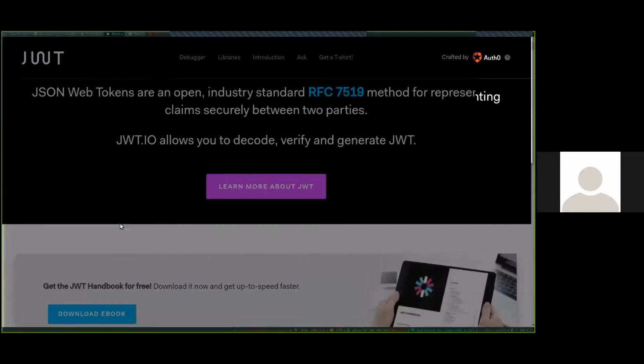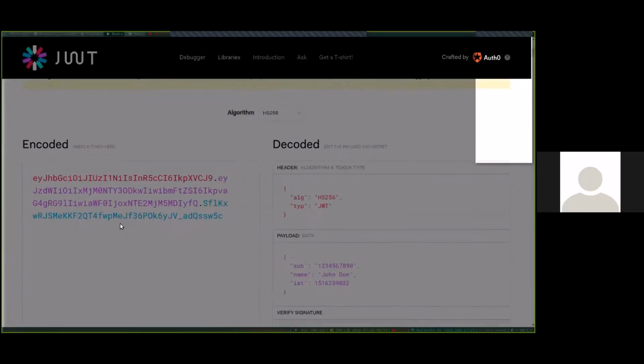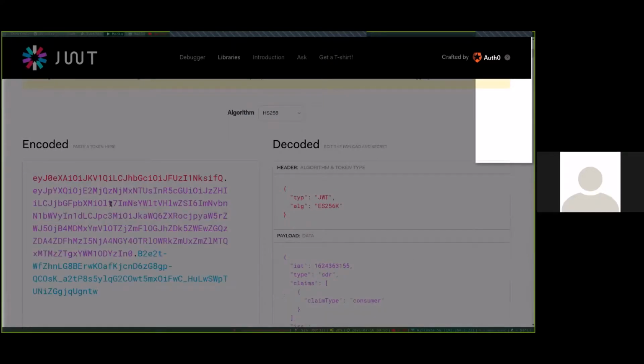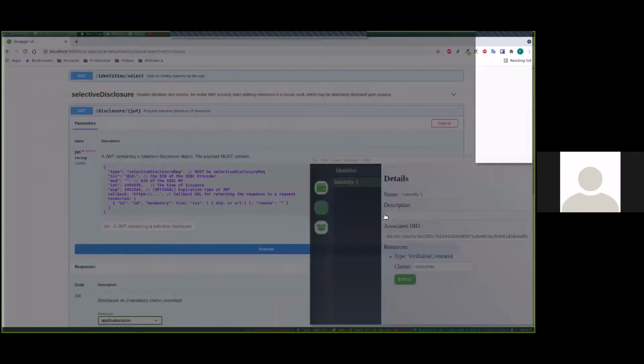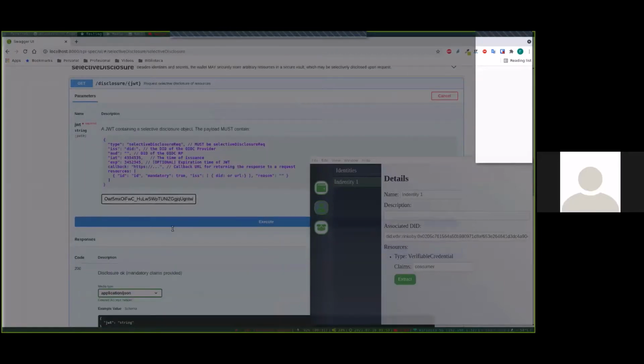If we look at this JWT, we can see that it is asking me for a claim that has the consumer role. So if I send this disclosure to the wallet,